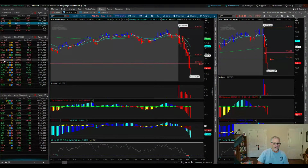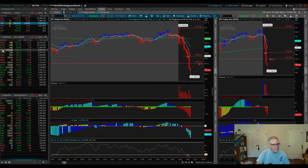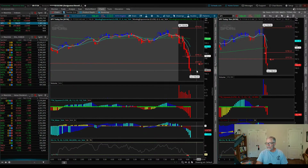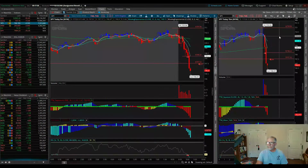Most of the stocks I'm looking at are fairly weak. SpaceX is down $9. Wow. Tesla's down 11 now, down to 408. But it looks like we have strength in some safety stocks, some pharmaceuticals, some retail, and everything else is pretty much puked. But what I'm going to do is stay with this trade,